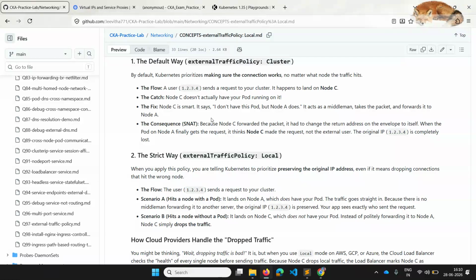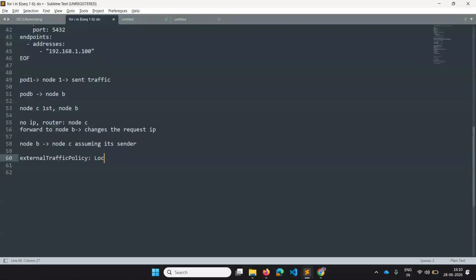But what happens in the strict way, when external traffic policy is local? Then, same scenario, someone has sent me a gift: pod 1 has sent a gift to pod B, but pod B is not me. That means node C does not have pod B. So node C doesn't think, why should I forward this gift to someone?